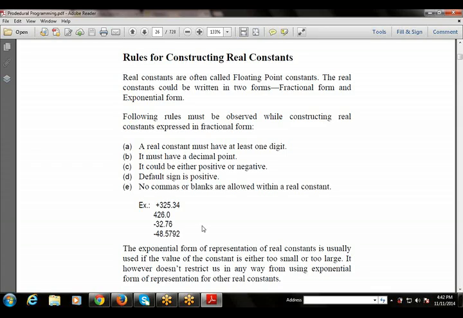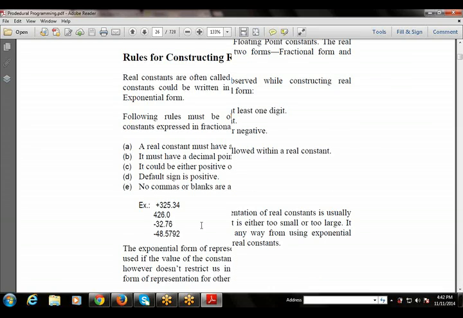It must have a decimal point also. It could be either positive or negative. Default sign is positive. No commas, no blank spaces are allowed within a real constant. So these are the various rules for the real constant. These are the various examples. One example is +325.34, then 426.0, that is not a fraction value but only the decimal point is used. Then -32.76, minus